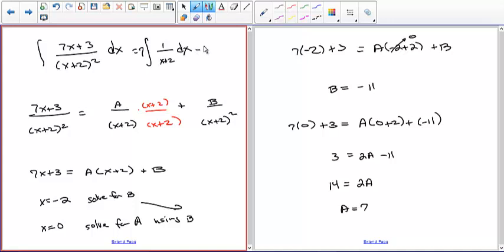So it'll be -11 times the integral of 1 over x plus 2 squared dx. And we did this earlier. The first one, obviously, is going to be 7 times the natural log of the absolute value of x plus 2. And the second one is